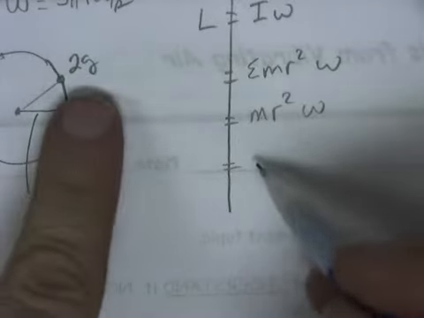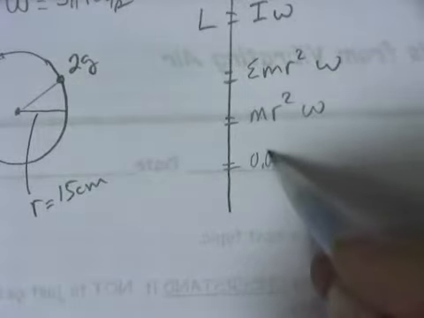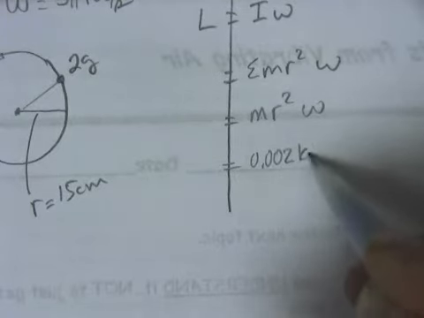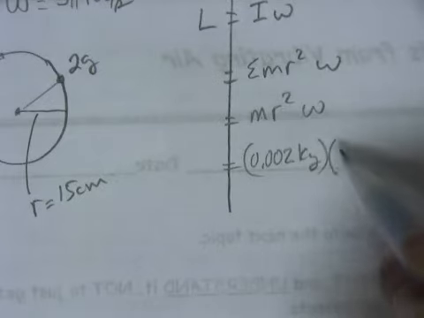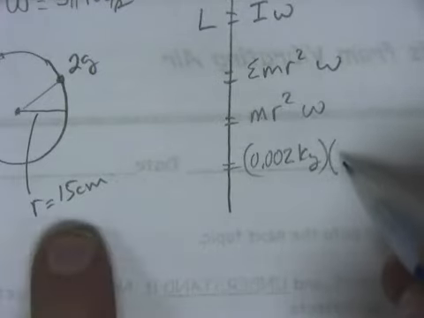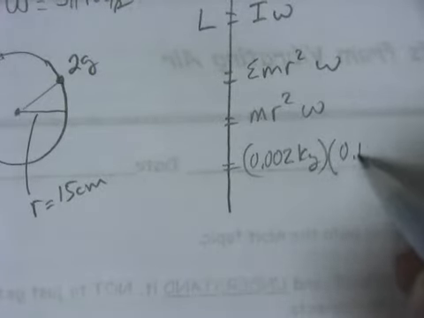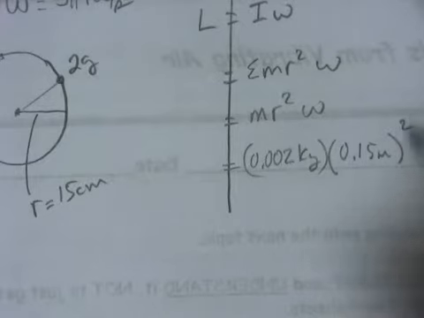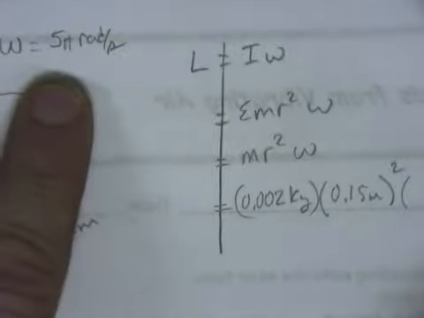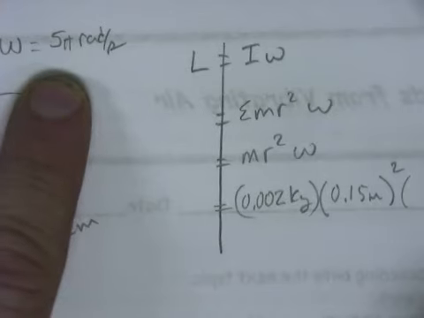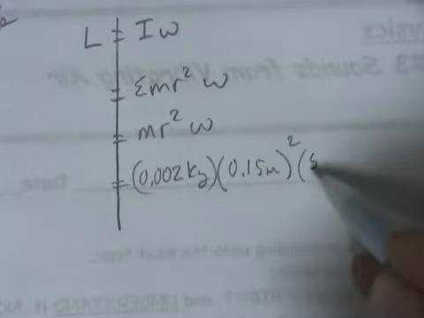So mass is going to be, they got 2 grams here, so that's going to be 0.002 kilograms. Make sure I did that right. Yeah, 1, 2, 3. That's correct. Times the radial arm, and that's the 15, so that's 0.15 meters. I have to square that. And then times its angular speed, and its angular speed is up here at the top. And that's 5 pi